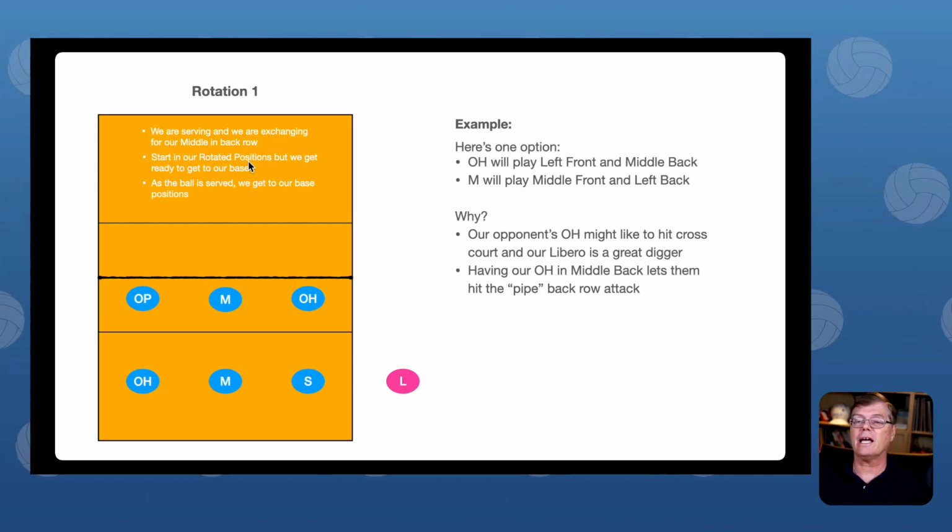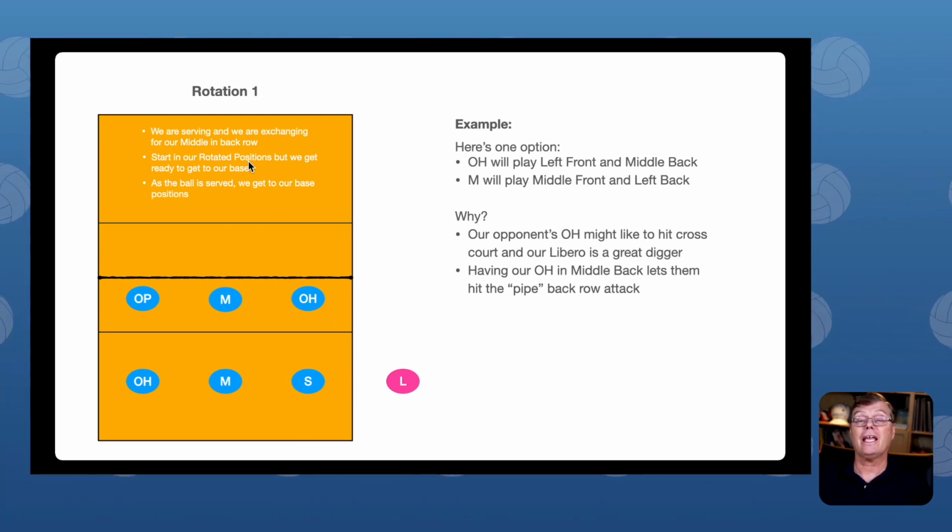We won't cover that today. But we would do that in order to get our libero, or our really good digger, across the court from the outside hitter for the other team, to make sure that we've got our best player where they hit the ball the most. Another reason that we might do this is to put an outside hitter, who are generally pretty